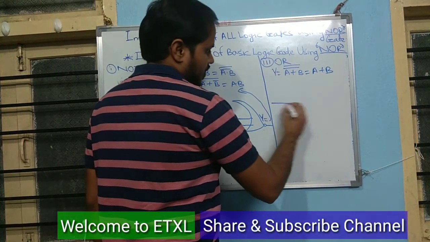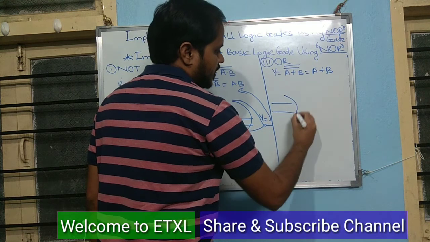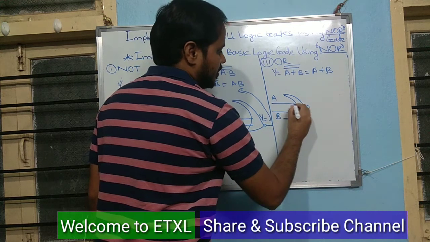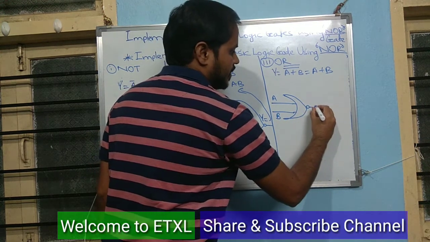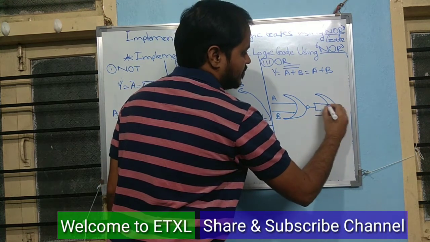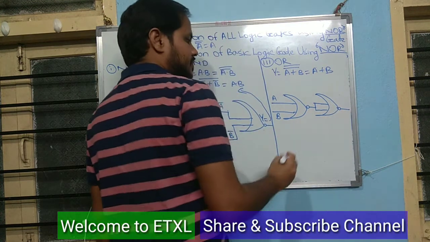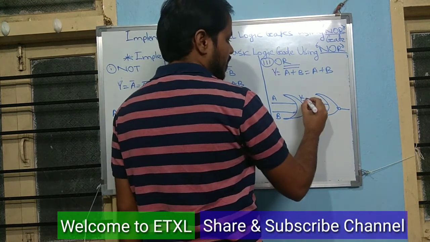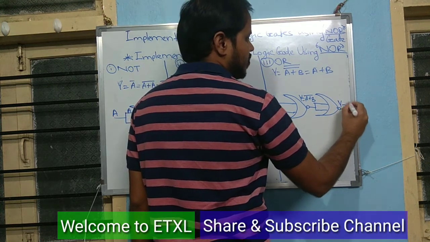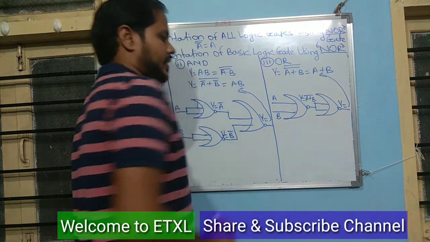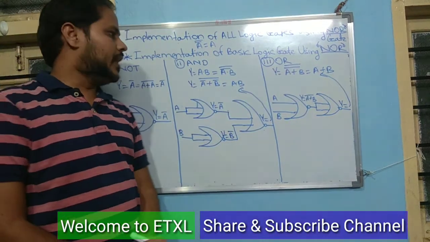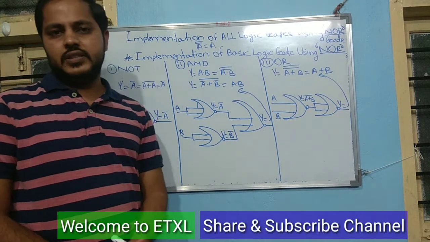Okay. Draw the logical diagram for the NOR logic gate first. Here are the A and B inputs. Then make the short connections of this input. And finally, here the output is Y is equal to (A plus B) bar, and here you are getting Y equal to the equation of the original OR gate. This is the implementation of the OR logic gate by using the NOR logic gate.